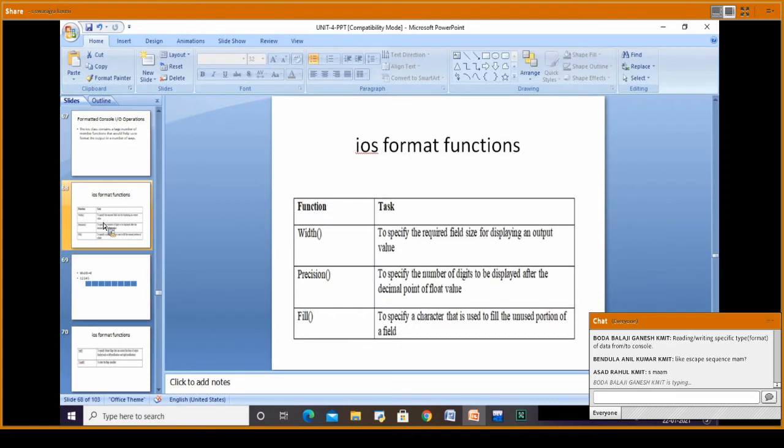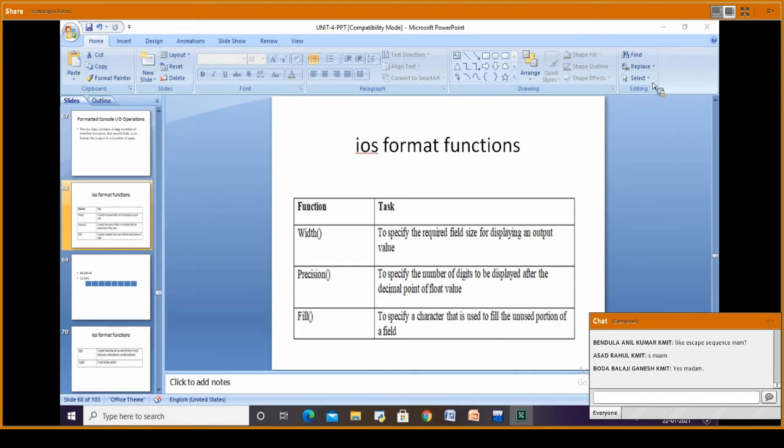Then the second function we have is precision. Once again we'll come across examples for this. Precision is to specify the number of digits to be displayed after the decimal point of a floating point value.